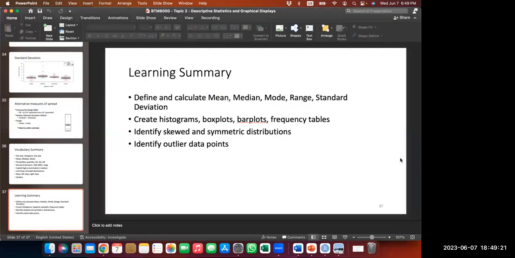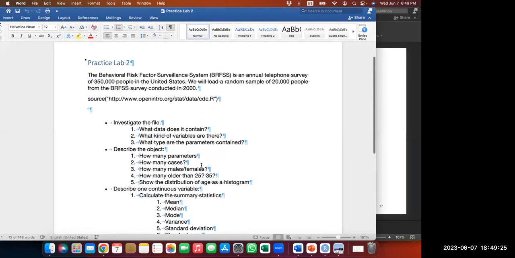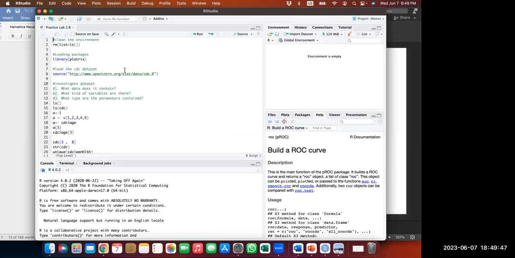We have now a quick practice lab to do. It's considerably simple. We have today data from the BRFSS study. It's a telephone survey that included 350,000 people in the US, imagine that. Imagine the time, imagine the money that went into this, and how amazing this data is going to be. So we can open this data file by